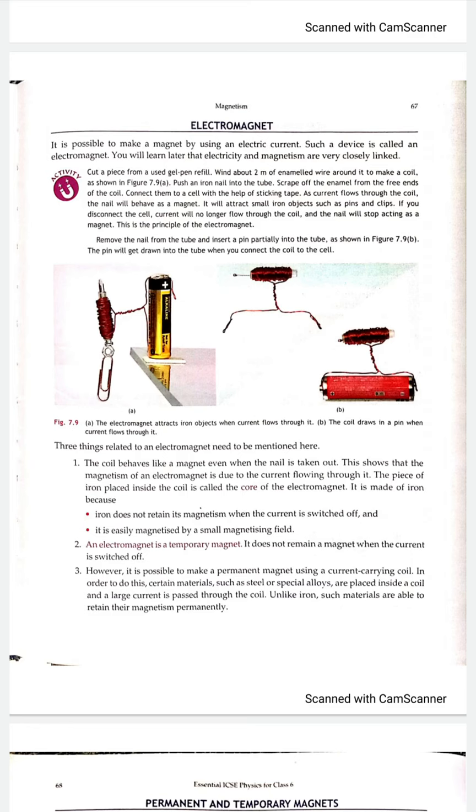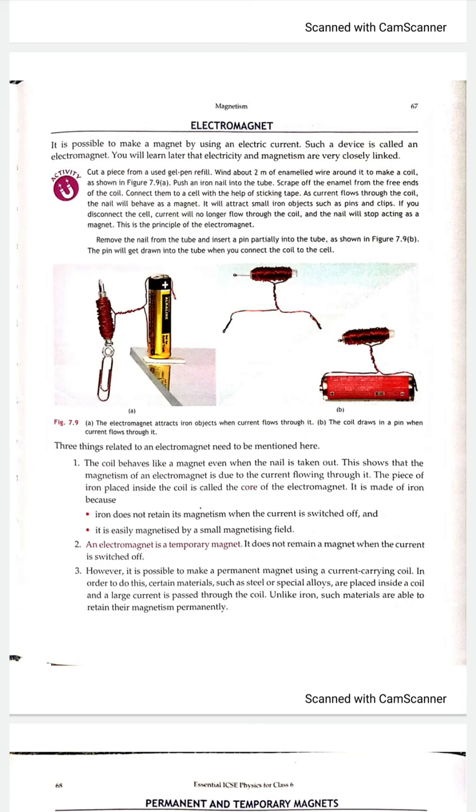We tend to make the core of this electromagnet with the help of an iron piece only. Reason? One thing, it does not retain its magnetism when current is switched off. That means as soon as the current is switched off, it loses its magnetism instantaneously. Second thing, iron becomes magnetized even under the effect of very small magnetic fields.